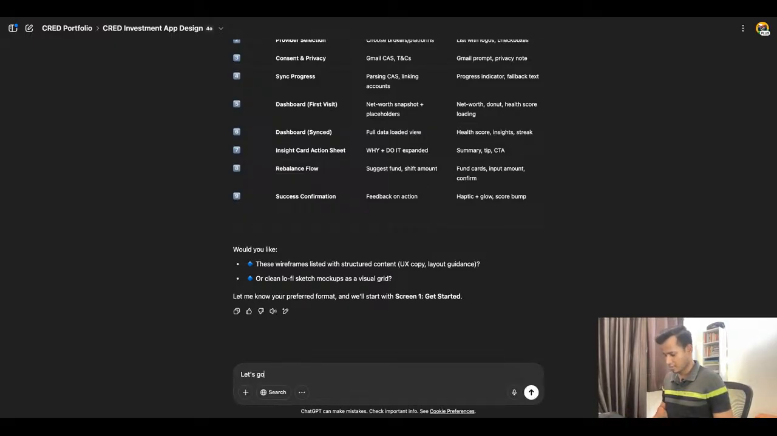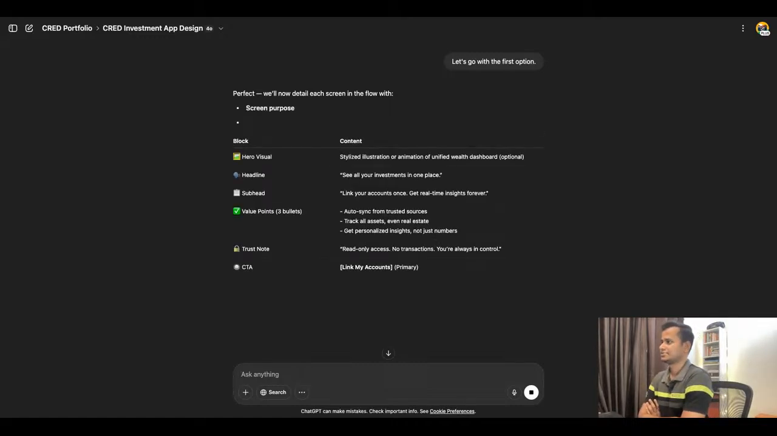Let's go with the first option. Okay, perfect. We will now detail each screen in the flow. Hero visual, stylized illustration or animation, and this headline: